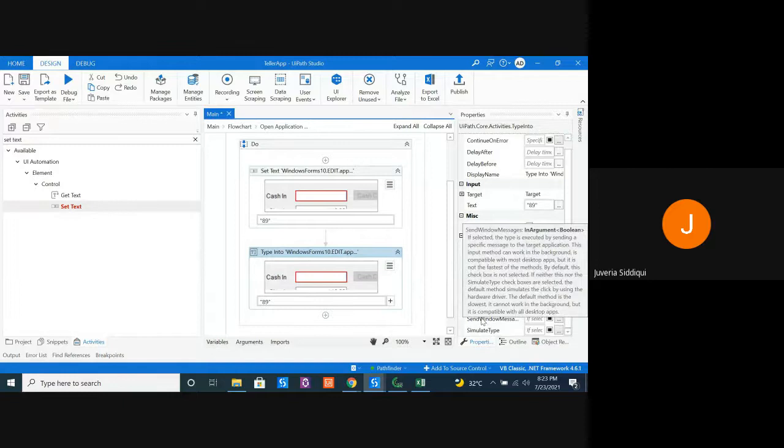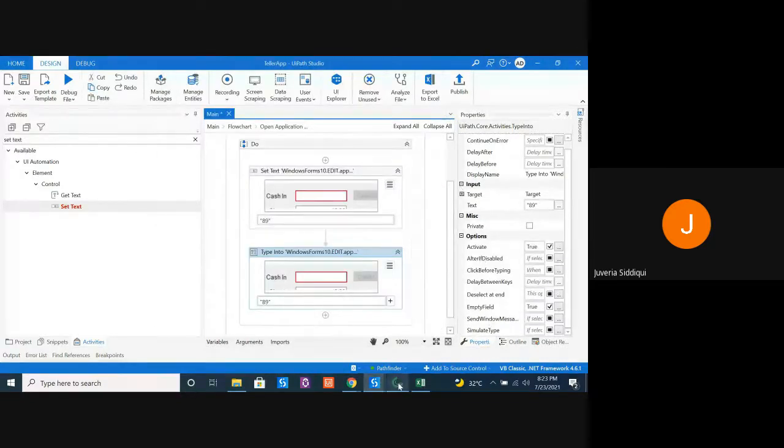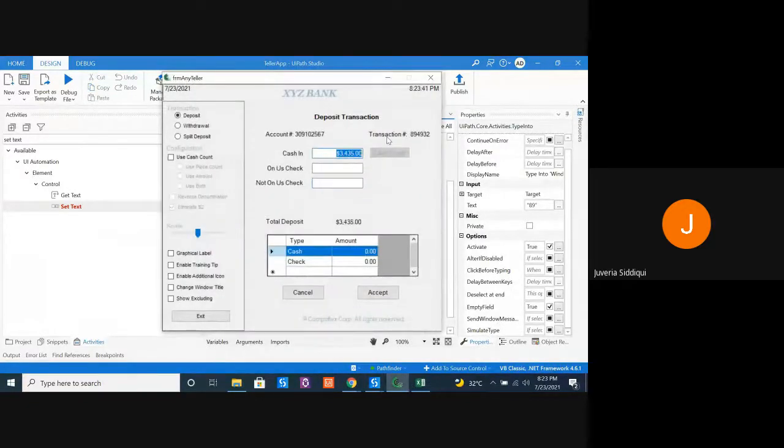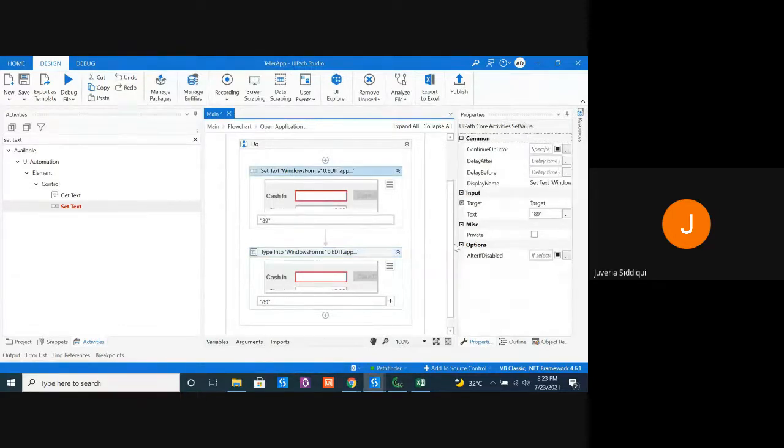If you have done simulate type and send Windows message in your phase two automation sessions, you would know that if your screen is minimized and the bot can't see the screen, and any of these properties is selected, your bot will still function. It does not need to see the screen. You don't have this liberty with set text. So these are two examples.